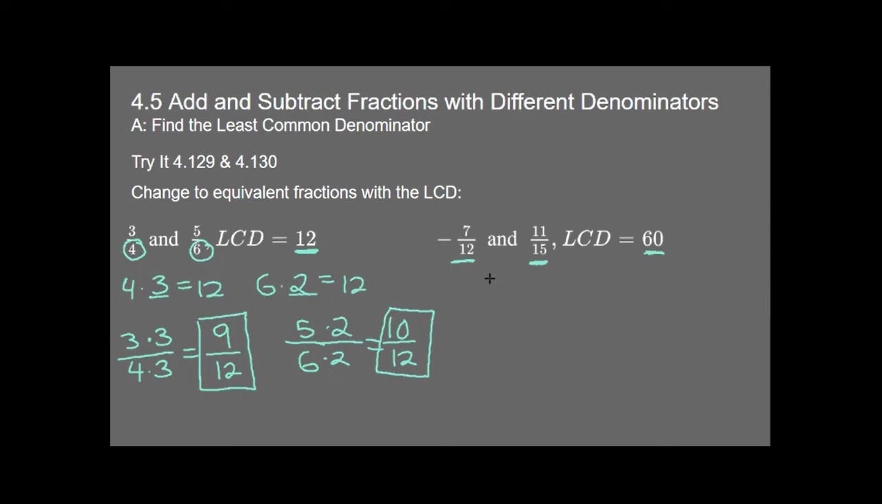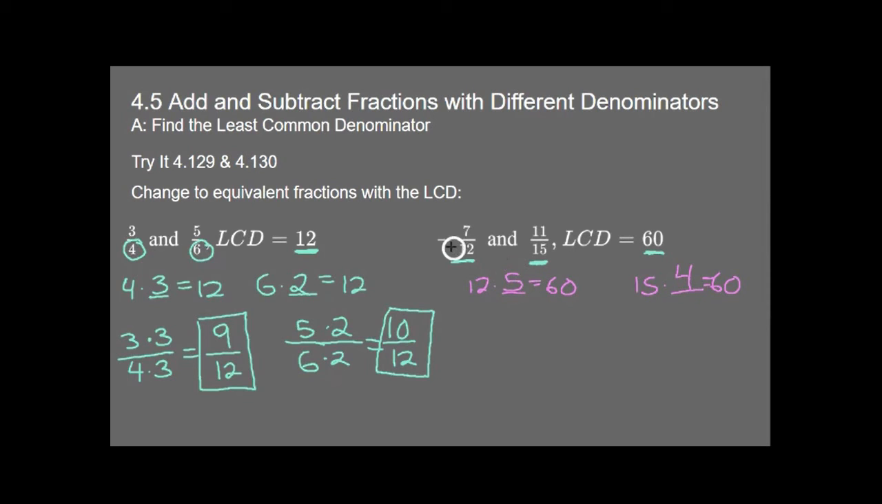Okay, let's move over to the next one. Negative 7/12 and 11/15, and we're trying to get 60 as the denominator. So 12 times what equals 60? And that answer is 5. And then 15 times what equals 60? And that is 4. So then I'm going to multiply the top and the bottom of the first fraction by